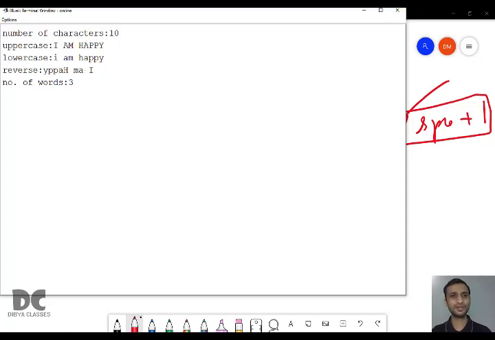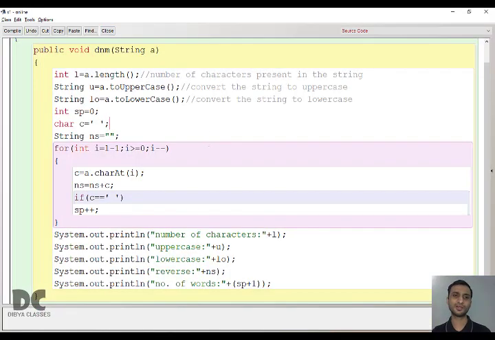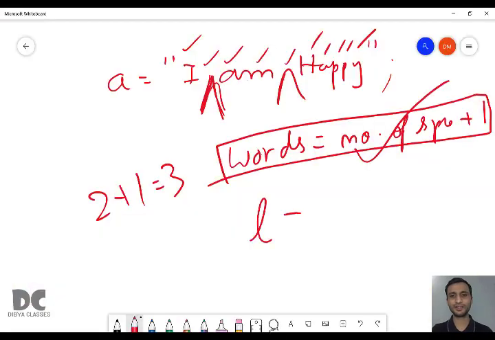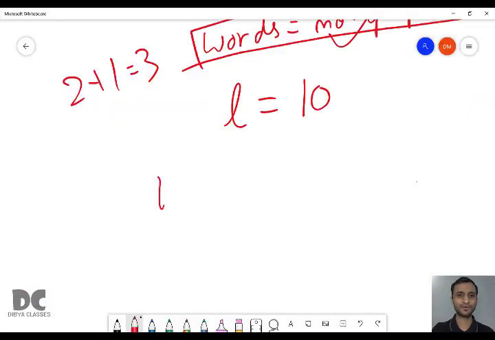Now I will make you understand how did we reverse this sentence. That is the most important part in this program. So here in the string, the length is 10. And we're taking a loop I equal to L minus 1, that is 9 till 0, means it will run till 0 and we're decreasing the value by 1 every time.